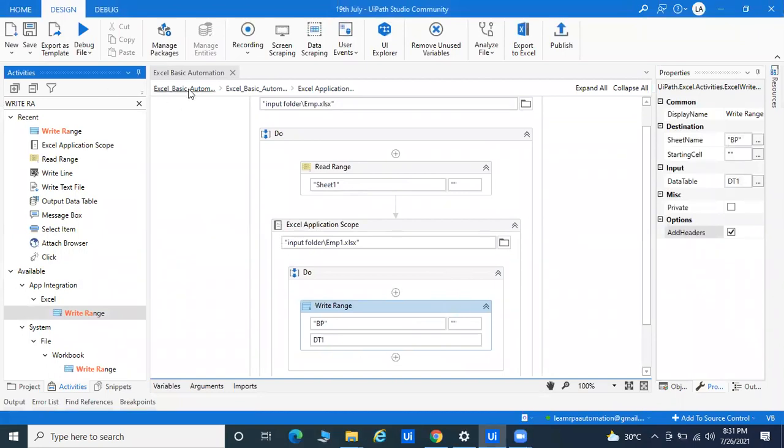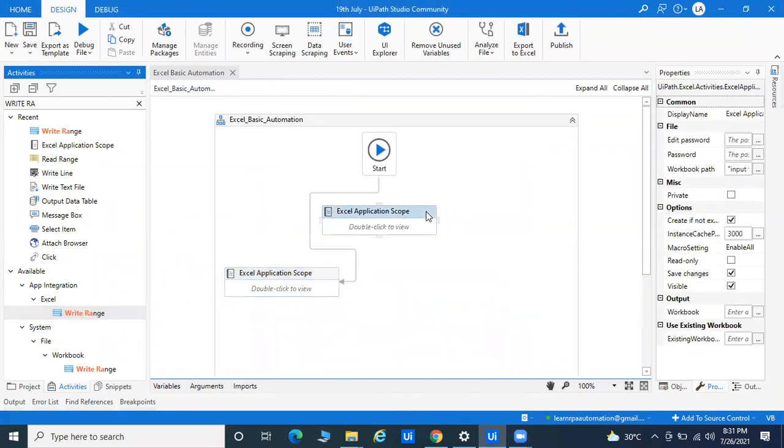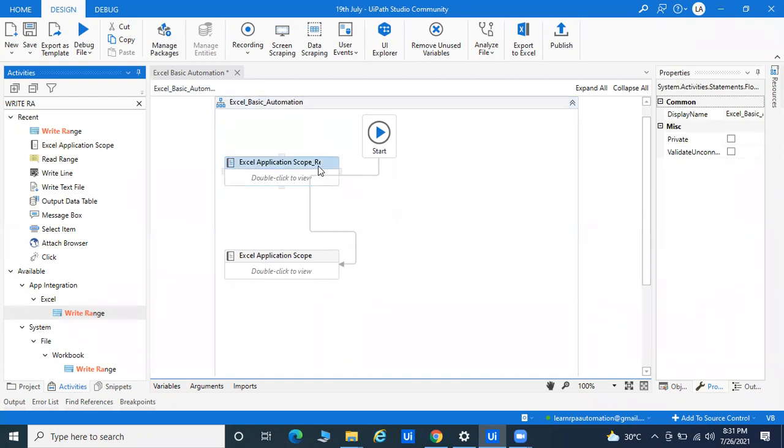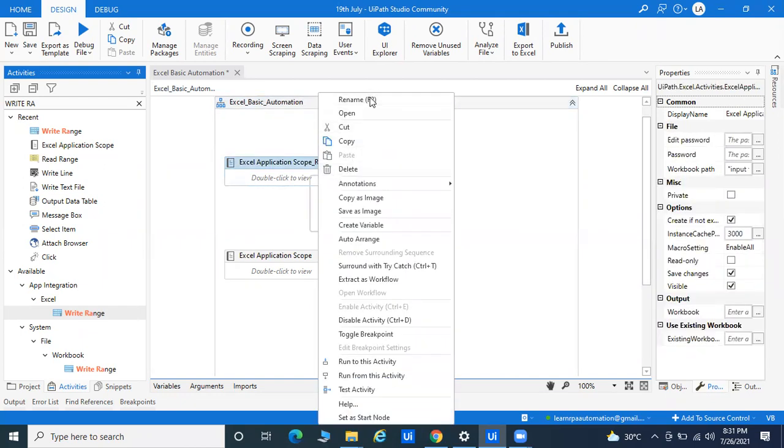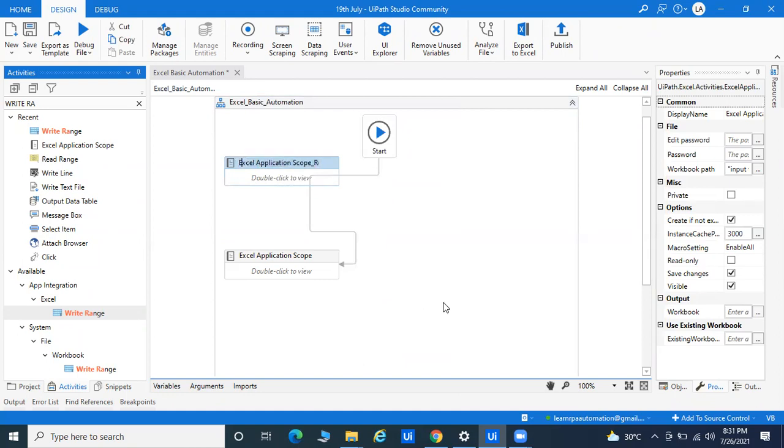Okay, so here one thing I will tell you. Let me rename this part and run one by one. So here, Excel application scope. I'm passing read write message box. If I click simple, you cannot read. So that's why I'm deleting this Excel application scope, and I'll only keep the Excel read write and these things. So here I'll pass Excel read